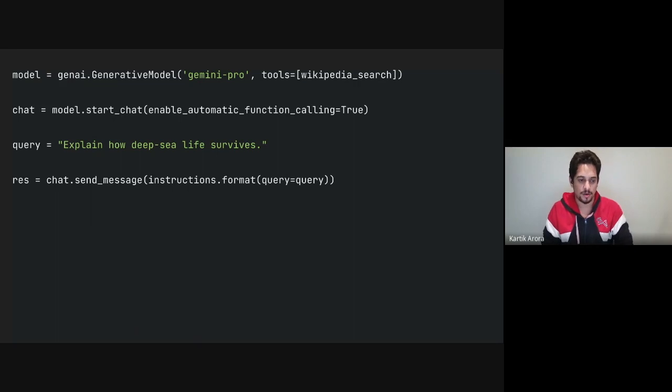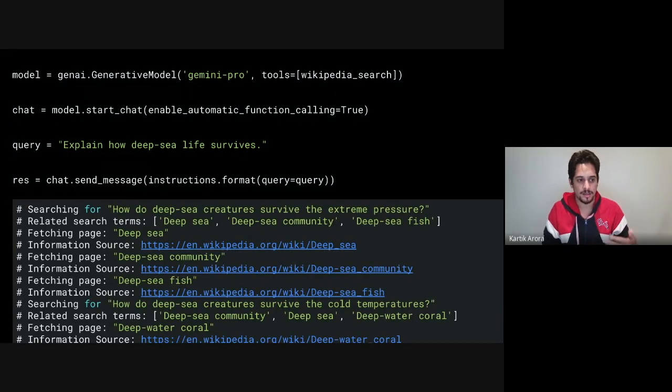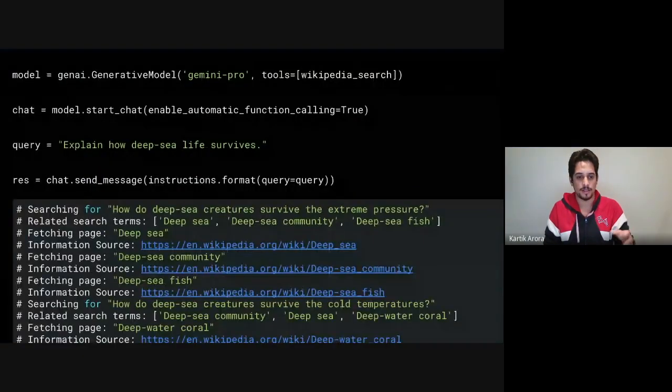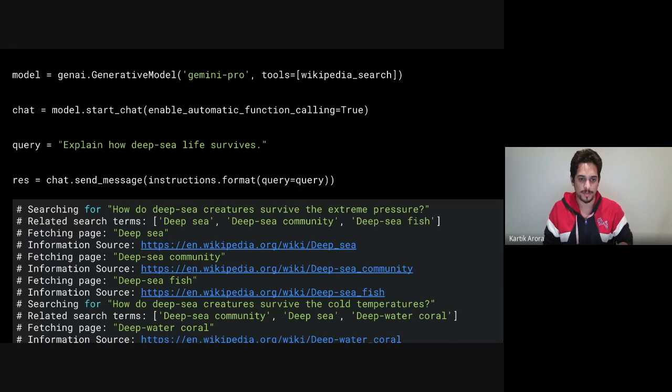You enable automatic function calling, and then you ask, we'll start with one query, explain how deep sea life survives. And if you were to do the chat history thing again, it'll go through a few things where it will actually search and then print things out. We'll get a lot of information. A lot of this information will go back to Gemini, and then it will eventually give us a result back.